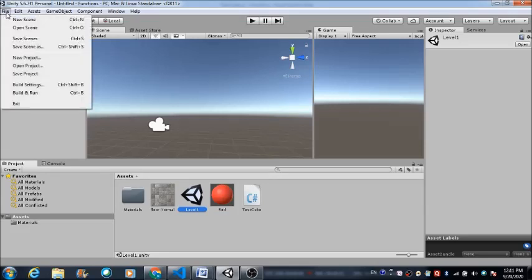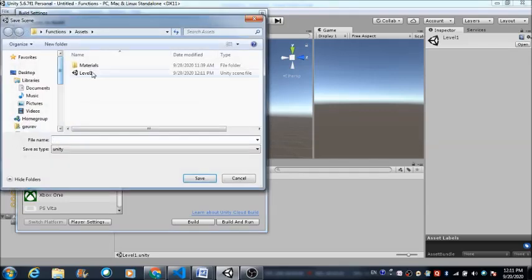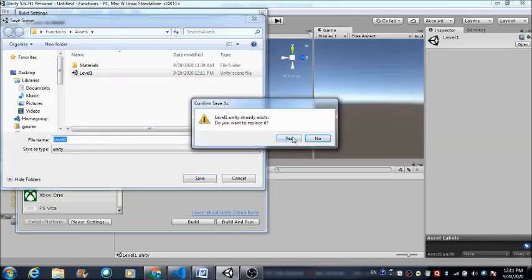And now let me just show you one more thing. When you hit the File button and come to the build settings option, and now when you hit add open scenes, this is the level 1 that you need to